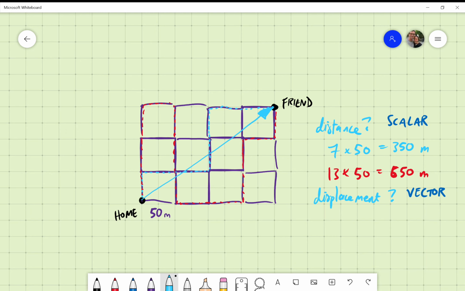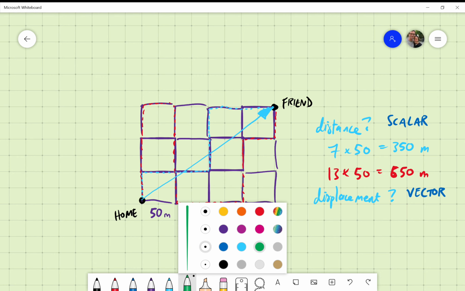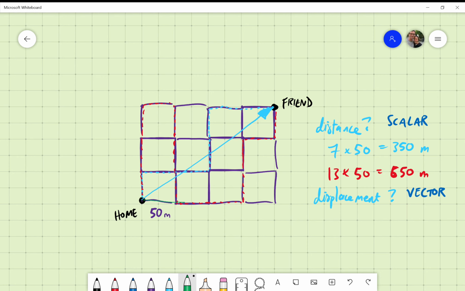You can see, hope you can see. Let's switch over to green here. This is a right angled triangle, and that really helped me out there. I don't know why it took over the blue. Put that back. It is a right angled triangle, and that means we can use the Pythagorean theorem. If a squared plus b squared equals c squared, there's your Pythagorean theorem, then for that hypotenuse c, we take the square root of both sides,